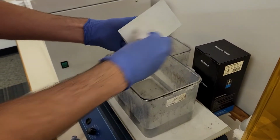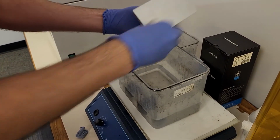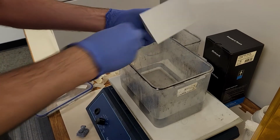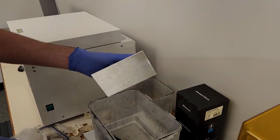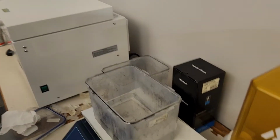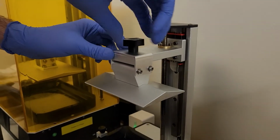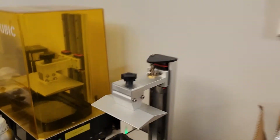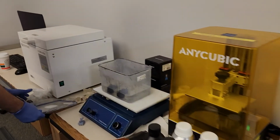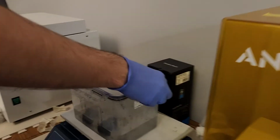It's extremely helpful for the next person, and we really do not want to leave any caked up resin on there, as it will cause issues. And you can tell it's done now. There's a few scuff marks on there, but that's a-okay. As long as it's not hardened resin, we're good. So I'm going to put that back in, screw it on so it's tight, and we're good. You'll notice I'm going to put that lid right back on,